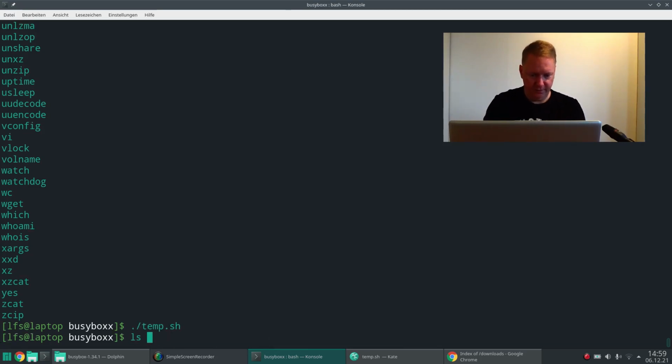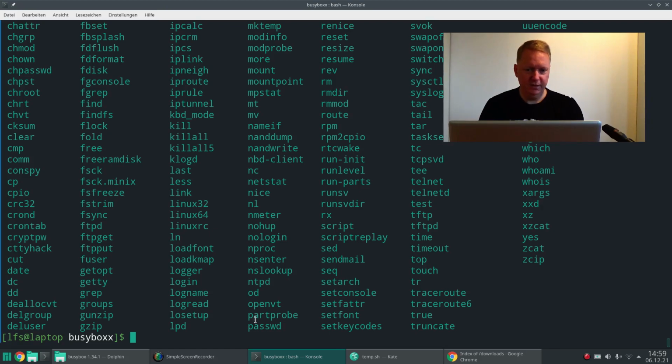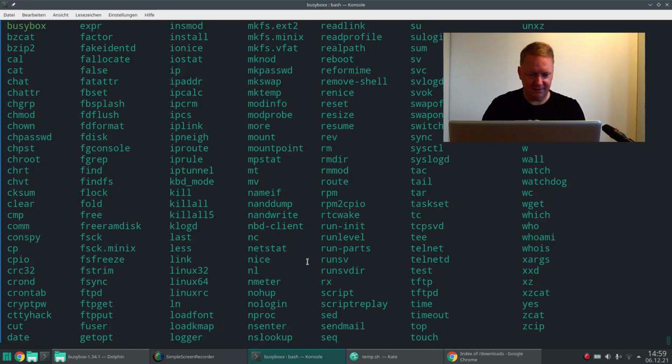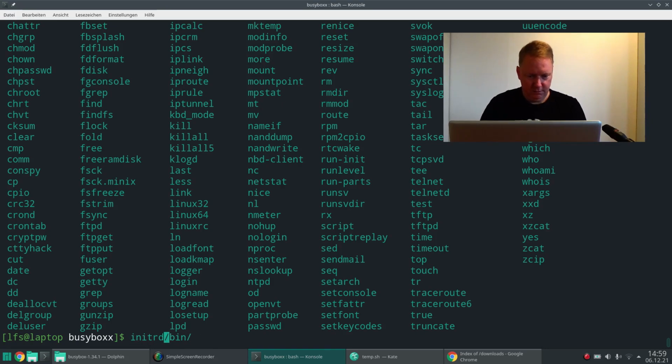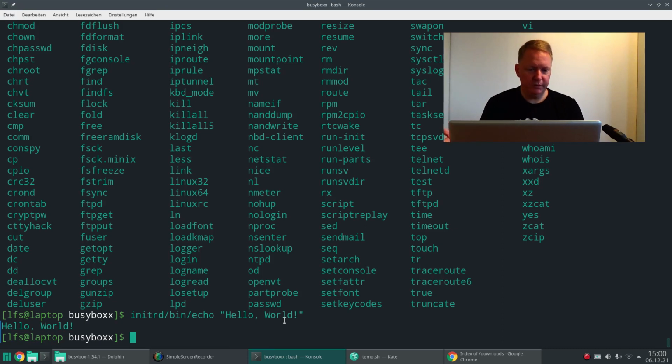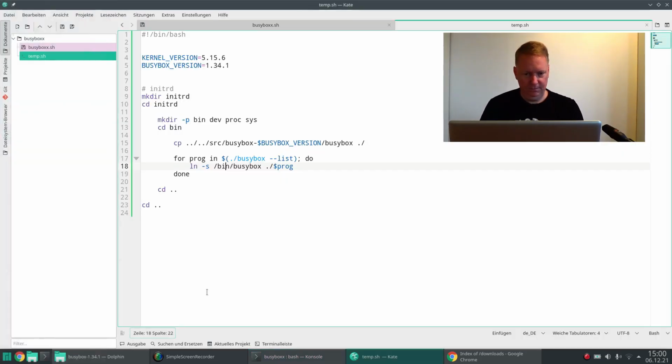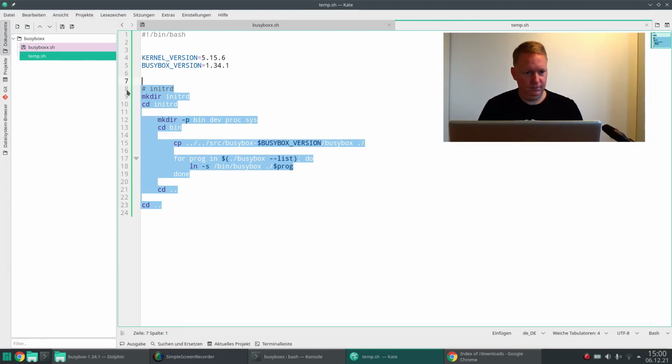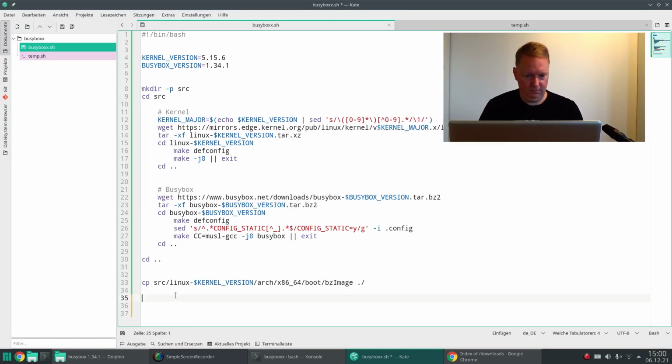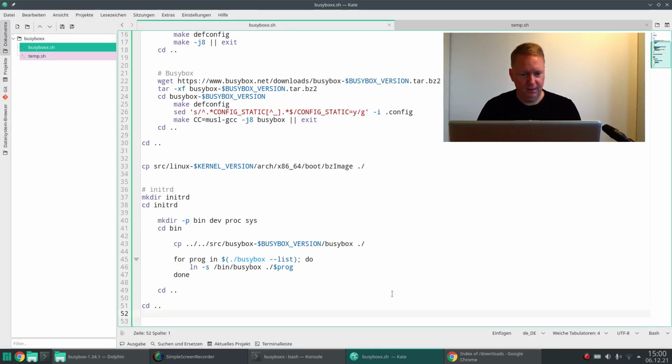Good. Now if we look into this initrd bin, you see we have now all these programs, and we could now use them as these programs, although they are really just symlinks to Busybox. Okay, now after we've created this bin directory,